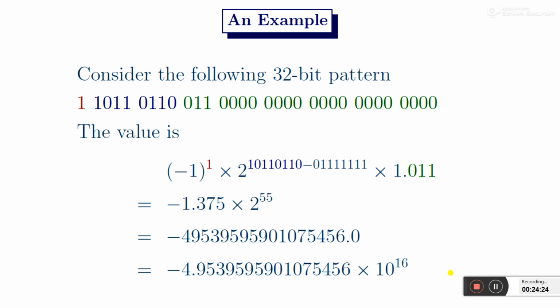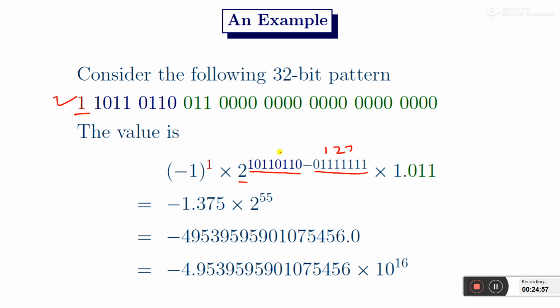So here is an example. This is my binary sequence. The sign bit s is 1, so definitely it will be negative. If it were 0, it would be a positive number, but it is 1, so it is a negative number. Now, 2 raised to the power of what? What is the binary value of 127? It is 01111111.